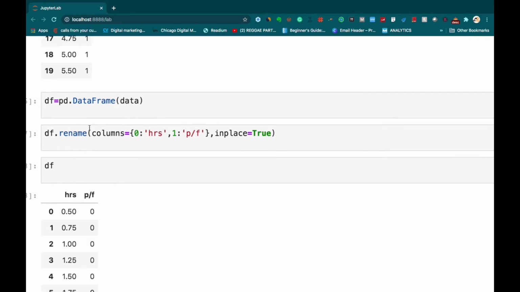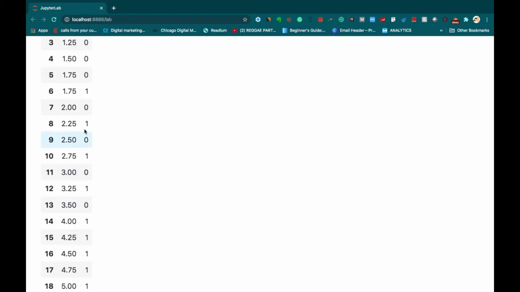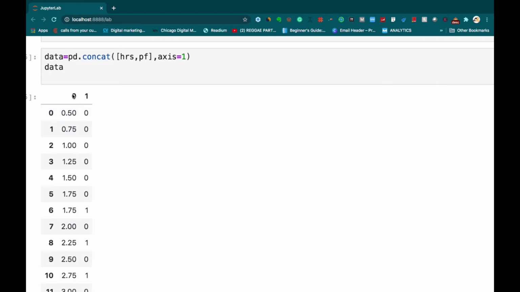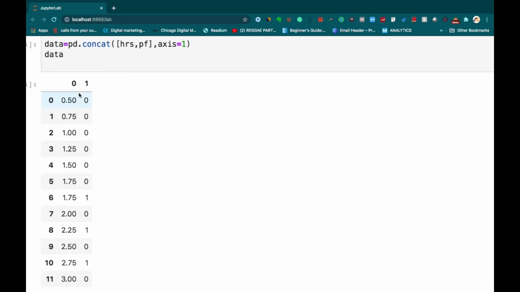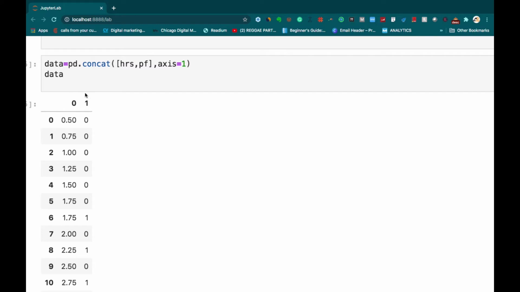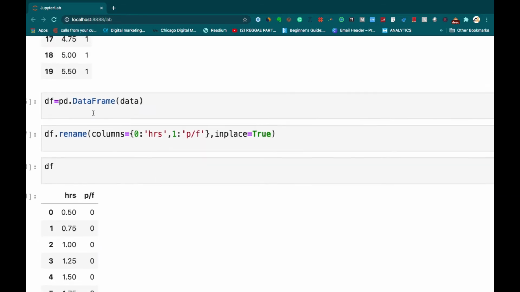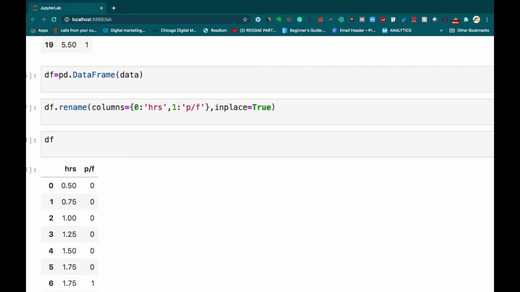If I do that, remember that when we put them together, we have this 0, 1. So I want to just rename the 0 and the 1. This 0 column represents the number of hours, and this 1 column represents whether the person passes or fails. So I'm going to rename the 0 to HRS, which is hours, and the 1 to whether the person passes or fails. And I'm going to use inplace equals true,